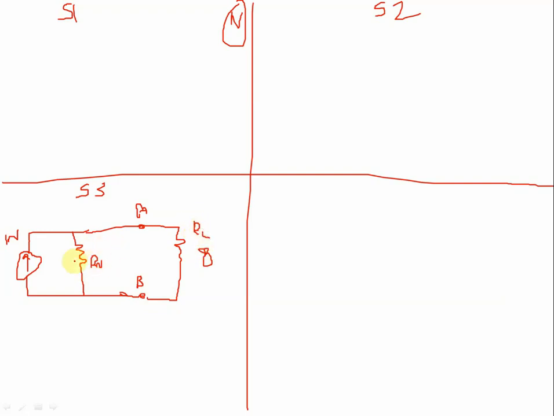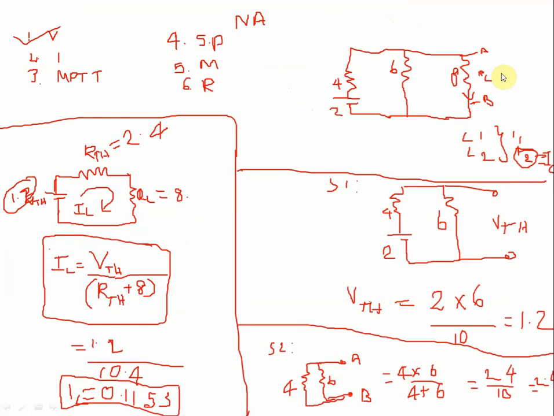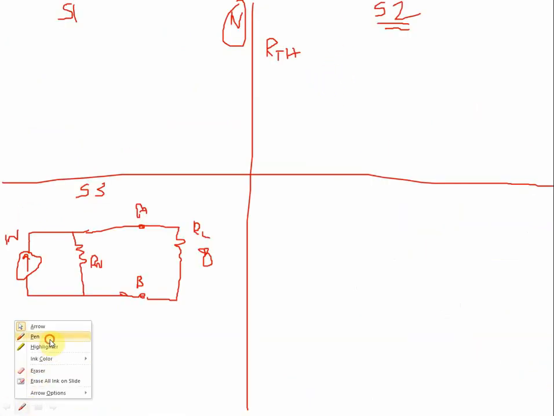What did you find in Thevenin's theorem? Also in step number 2, you found RTH, or it is called RN. How did you find it? Open the load point. If it is a voltage source, short circuit it. If it is a current source, don't consider it, open circuit. Through the method you found the answer, 2.4. It is the same method, so I will write the answer directly. The answer is 2.4.